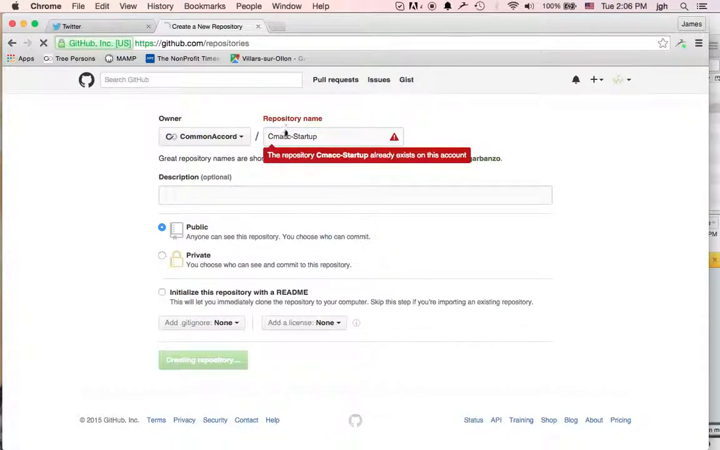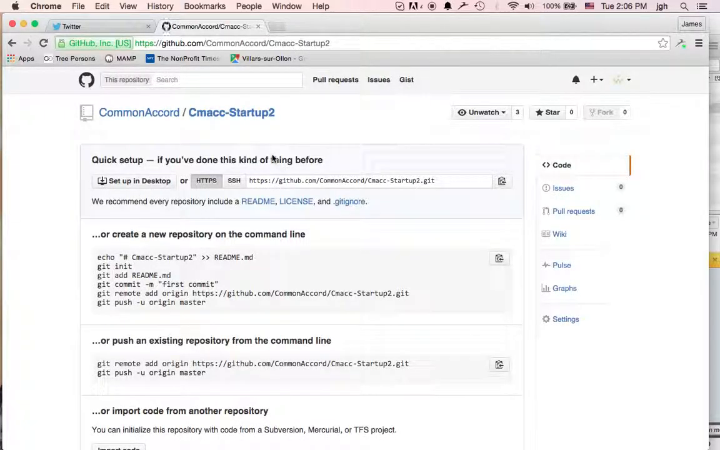I think that's not the name that I got. Oops, I already got that one. Okay, so I guess I renamed that one, so for the moment, we'll call it Smack Startup 2. Okay, so we'll create that repository, and then we'll branch it into my local thing, so set up on the